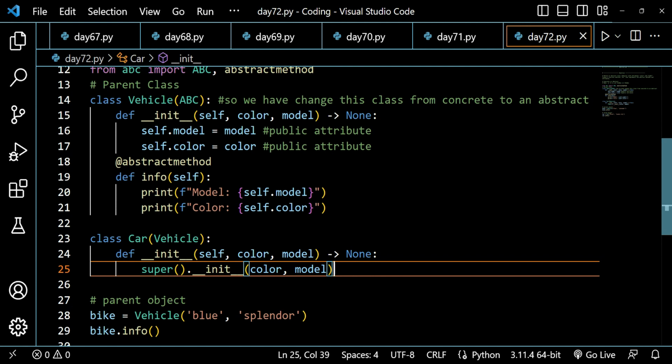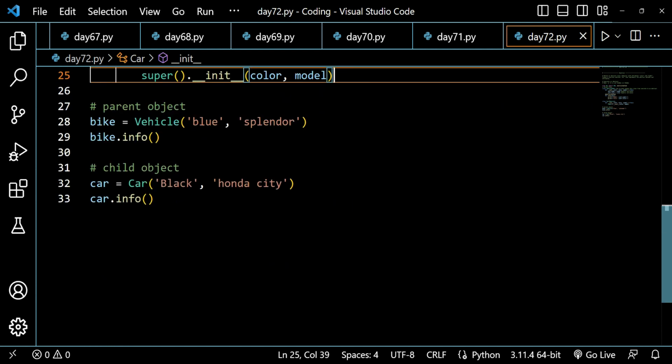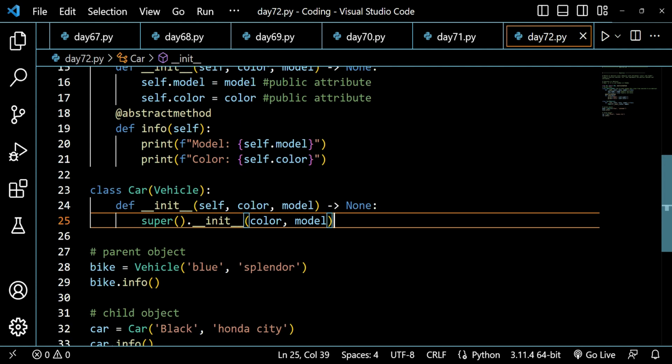So we have to include this info method inside our vehicle class. Until we create it, we cannot include that method, which means that we cannot run it until we include this method inside our class. That's what I mean. Now